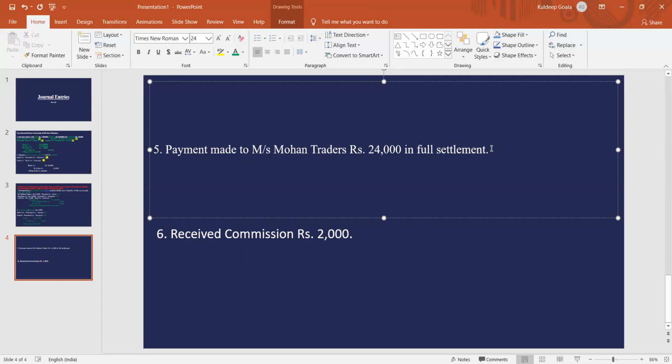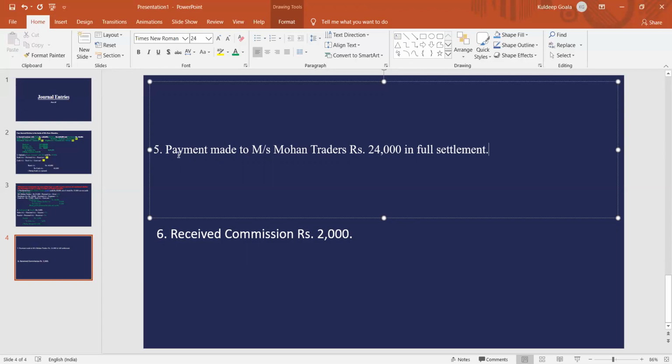It will happen when the person is giving you or offering you discount. Okay, that is called a situation of discount. Okay, if I give less money, I have received the discount, so that is called discount received. And if I take less money, then it is called discount allowed. Okay, so let's come to the practical now.